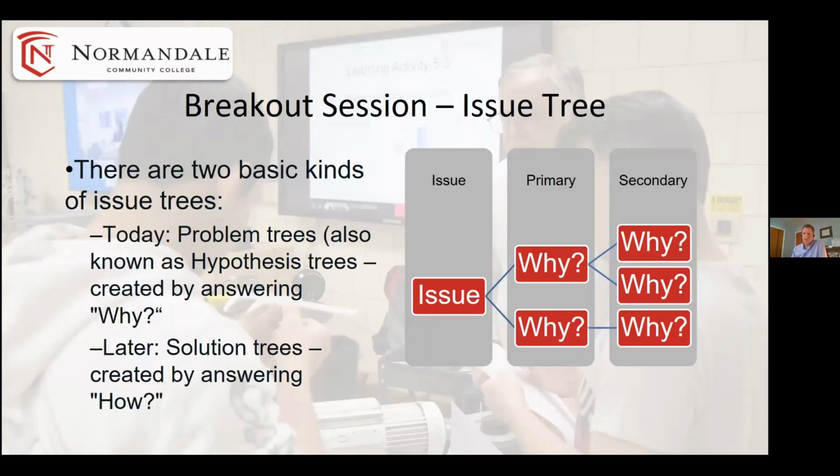Why is that an issue? And then as your primary level of questions. And then for each one of those primary whys, you dig a little deeper and say, well, why is that an issue? Later on, as we get to the brainstorming session at the end of this workshop series, maybe workshop 5, we're going to come back to this and do it as a solution tree. And all we're really going to do is change the question from why to how.